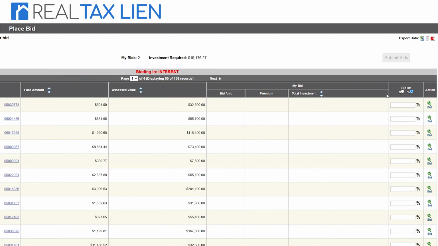Within the bid column, you have the option to choose a percent or a dollar of how you'd like to enter your bids, and in Maryland, it is to be understood that these are going to be equitable. All bids placed are going to reflect a portion of the assessed value of the property. It is to be understood that the amount you are bidding during the auction is the amount you are willing to pay in the event you are able to foreclose on this property in the future. At the end of the auction, what you are responsible for is the face amount of the lien and or